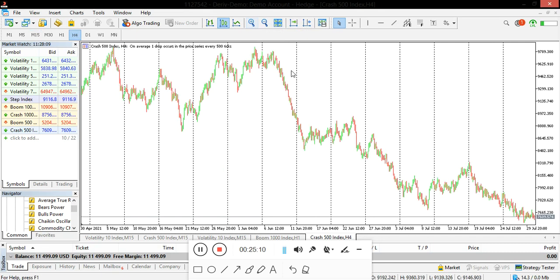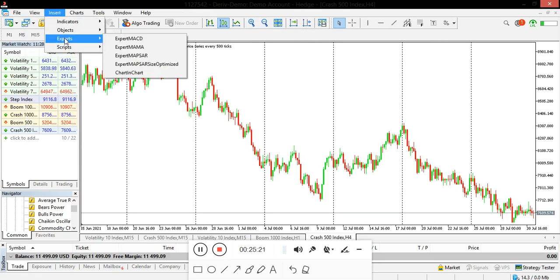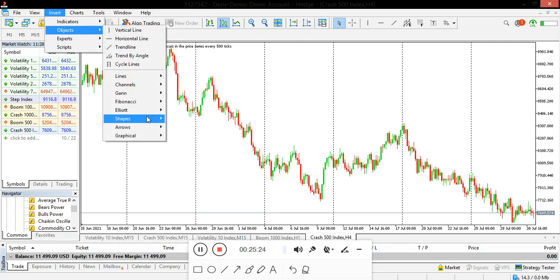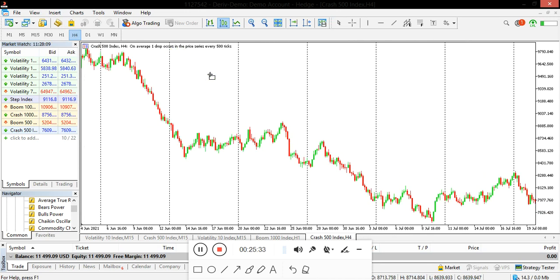This part is very, very important. I hope you take your time and watch it to the end. What you need to draw is just your object, which is this object. Then the shape you need is just your rectangle shape. When you have your rectangle shape, what you are looking for in most cases is where major support and resistance has happened, and there will always definitely be a retest. Let's say you pick this area, draw the line out. Don't forget, once you draw it out like this,